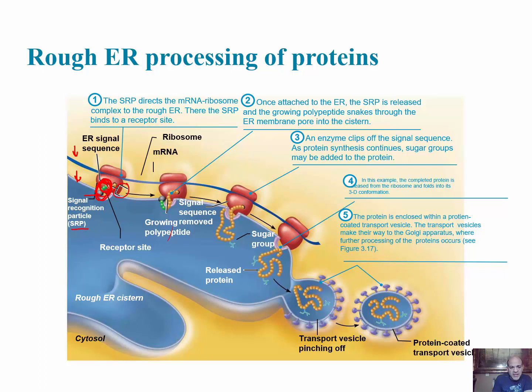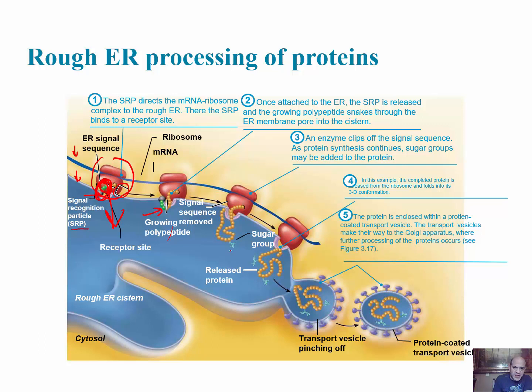And so that recognition causes this structure to bind here to the endoplasmic reticulum. And now once that occurs, the polypeptide will start to fall inside of the endoplasmic reticulum. So you can see that occurring right there. And as we continue to translate the code from the mRNA and have our polypeptide growing in length, we continue